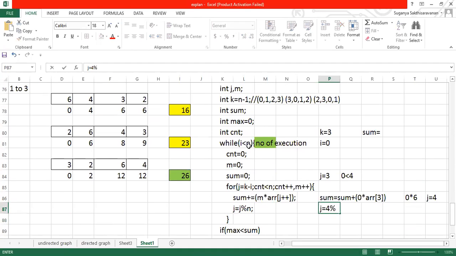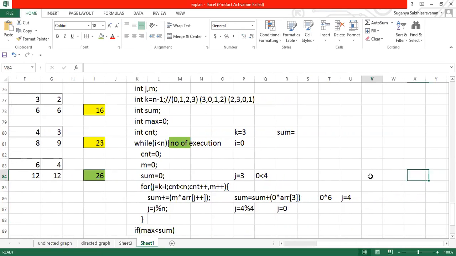So this is what I have stated to you. It is all about cyclic rotation. So beyond the index, when I'm trying to go further, again what happens? This particular array will have a rotation like this. So if you're trying to go away from it, again it will come here when you do the modulo operation. So right now your j value will be updated to 0. Followed by it, they are going up and trying to increment here. Just a minute. Let me come to this side. So followed by it, what happened?